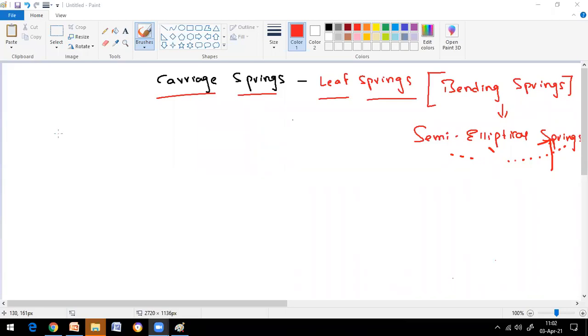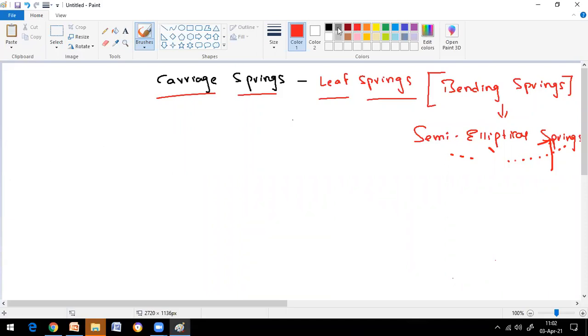No. There is no possibility of torsion. Why? Because the load is not acting on the surface of the member. The load is acting perpendicular to the axis of the member. Therefore, there is no possibility of torsion. If at all, there will be compression and tension in this member.